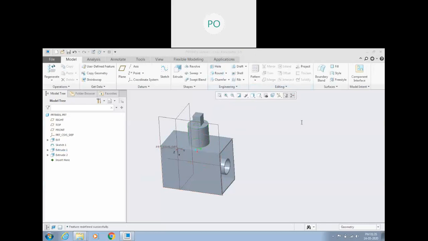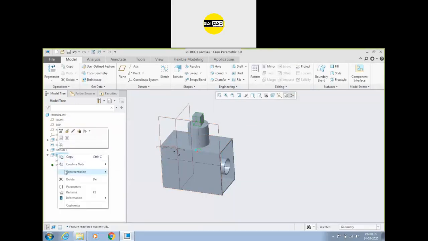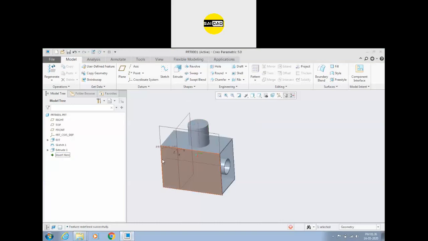So next question was, if we create directly from extrude, can we delete the sketch? We don't have an option right now to delete the sketch. If you want to delete it, you cannot. You have to delete the extrude first. If you delete the previous sketch, you can see, if I delete this object,